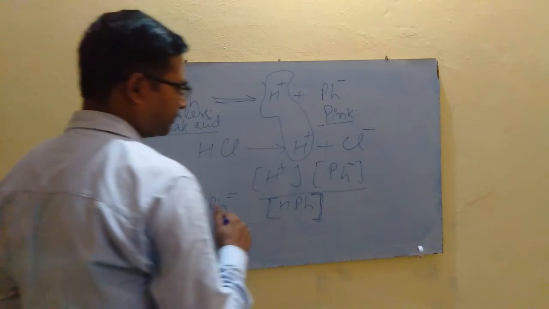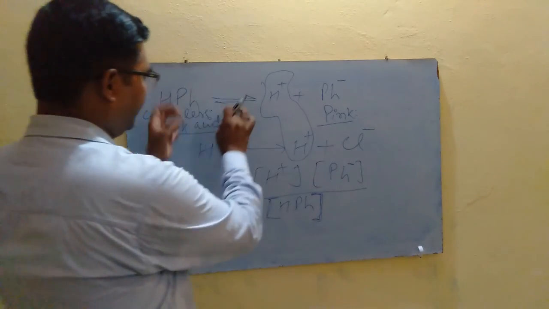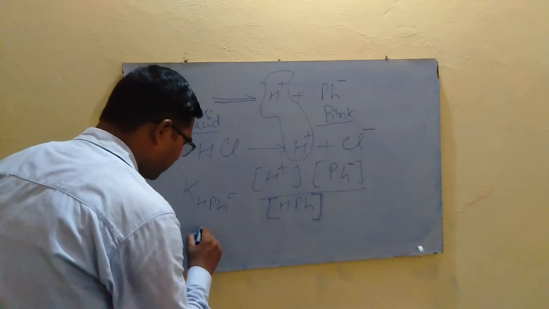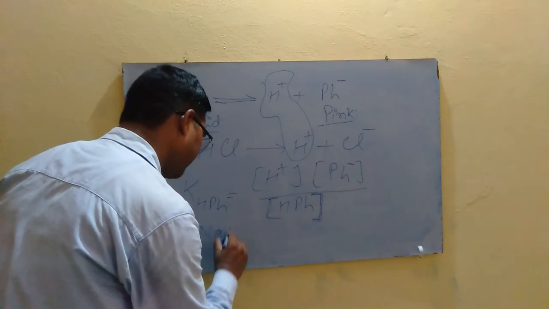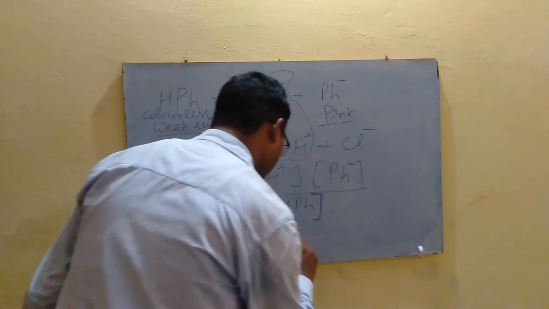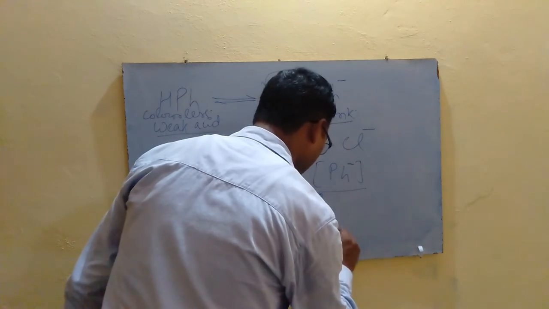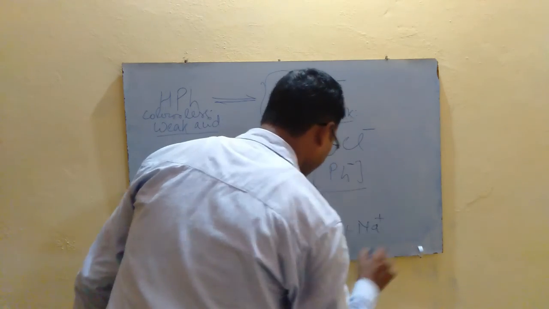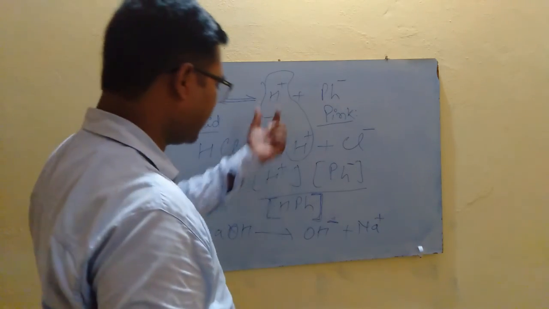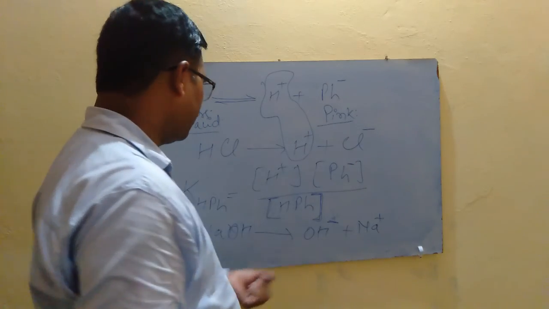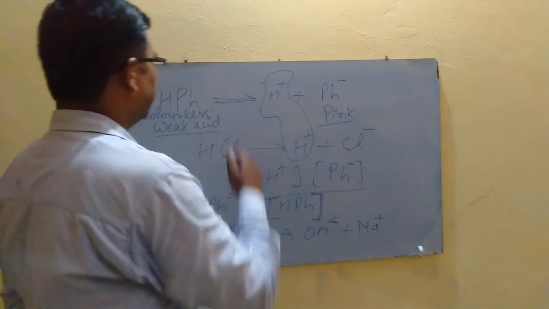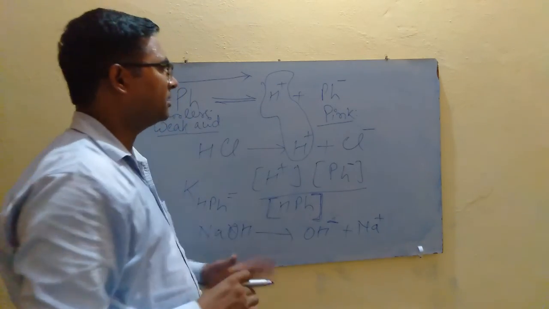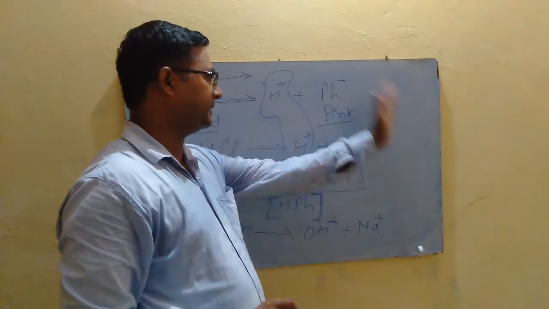Similarly, if this phenolphthalein indicator is added in basic solution, where suppose it is dissolved in NaOH solution, where the concentration of OH ion is more, so the H ion furnished by the indicator will react with the OH ion to form the water molecule, and therefore this reaction will shift toward the right side, and the concentration of ionized molecule of indicator increases.